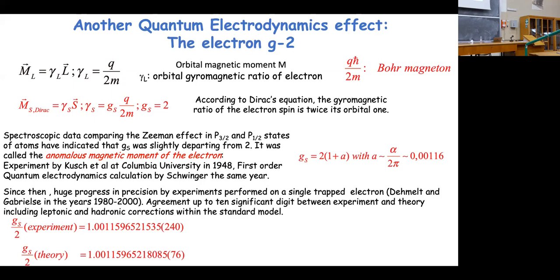And the theory, which computes the higher and higher order effects of vacuum fluctuations, coincide with the experiment up to the 10th digit. So this is the most spectacular agreement between theory and experiment in physics. The fact that you can predict with 10 significant digits the value of a fundamental quantity like the magnetic moment